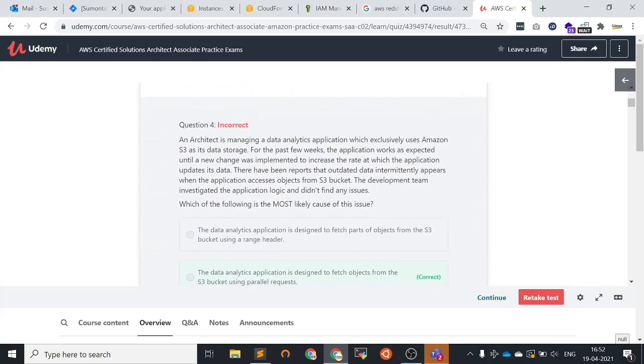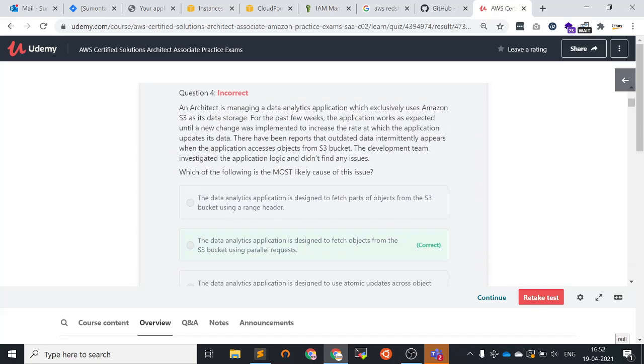Okay, question number 4. An architect is managing a data analytics application which exclusively uses Amazon S3 as its data storage. For the past few weeks, the application worked as expected until a new change was implemented to increase the rate at which the application updates its data.